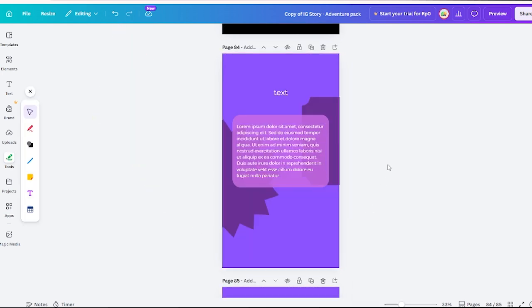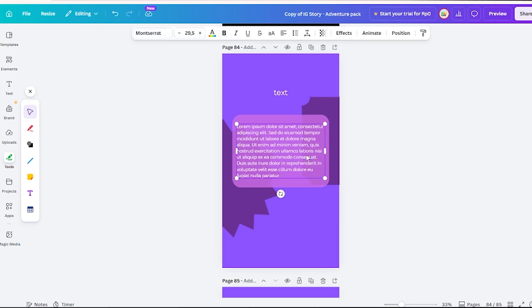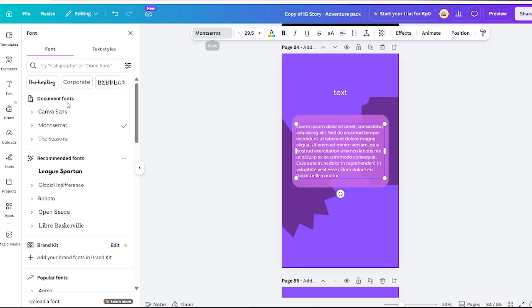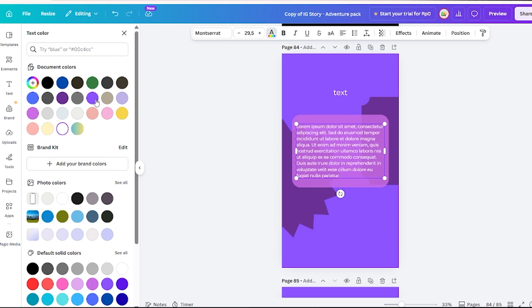Now let's move into the texts. When you click the texts here, you can see these options pop out on the top of the work area. Let's go through them from left to right. This one is to change the font. Then the size, you can type it in or choose from the drop down. Then the text color, bold, italic, underline, strike through, uppercase, text alignment to change its direction if it's a paragraph,